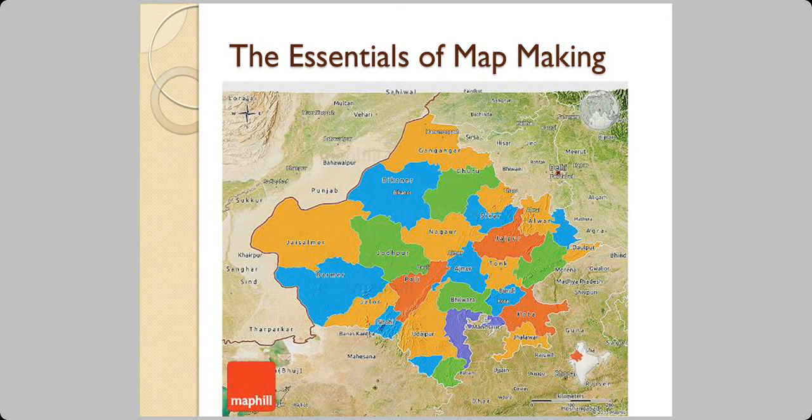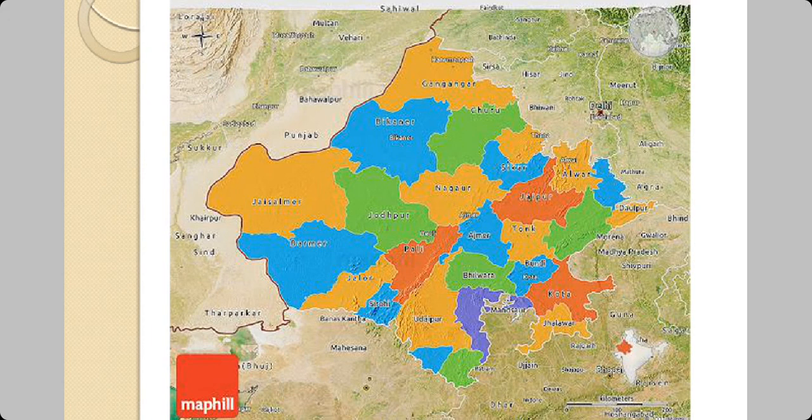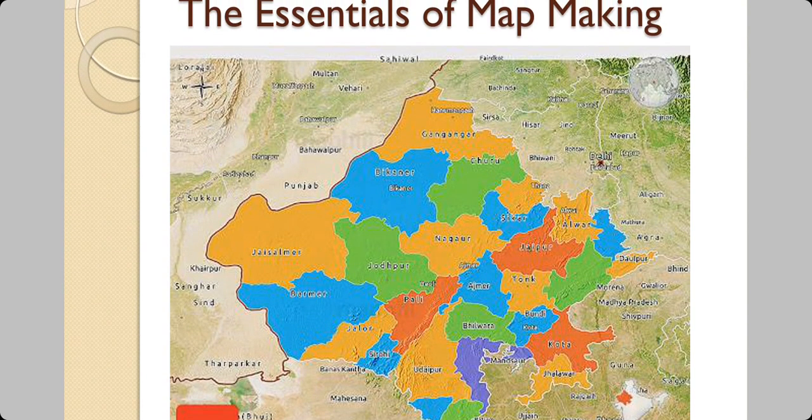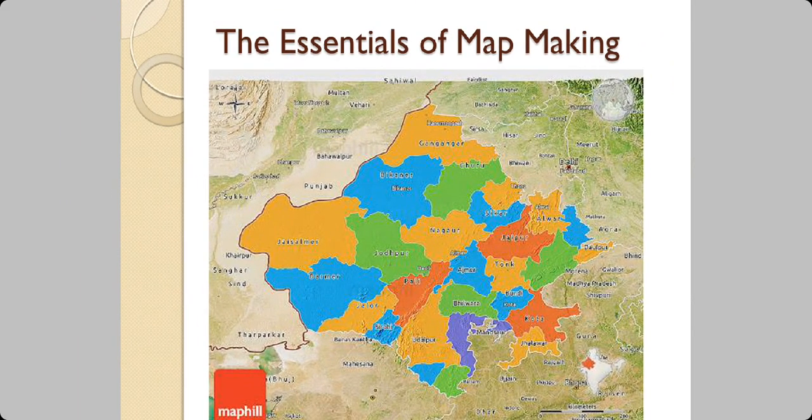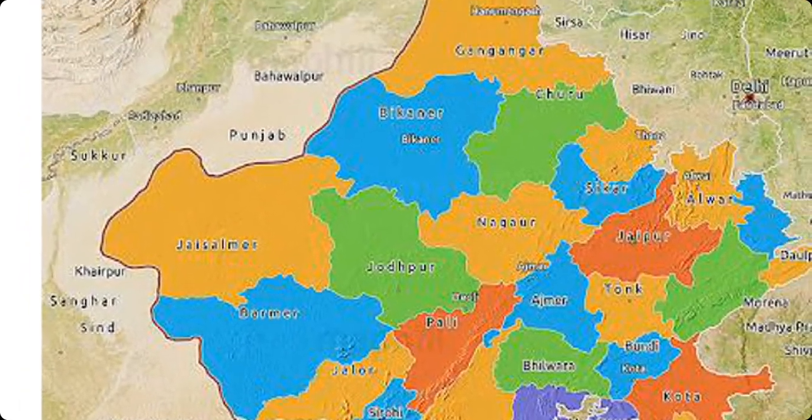Now, when you again come back to the map of Rajasthan, you are able to better understand this map. The districts are shown with different colors. Neighboring districts do not have the same color. So you have a visual contrast. Then you have the scale, then you have the direction. The direction is showing you the orientation. You're oriented toward the north, and then according to that, your brain automatically calculates the other directions. What font has been used, what font size is used,